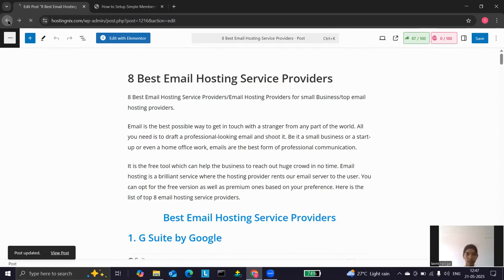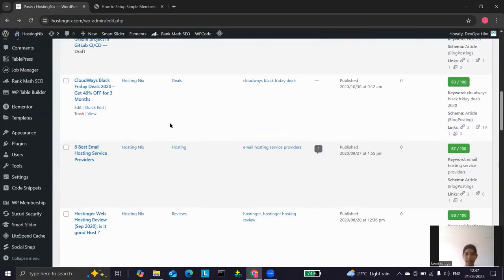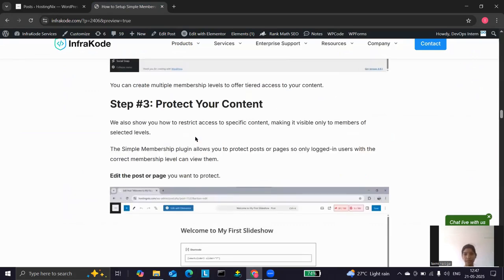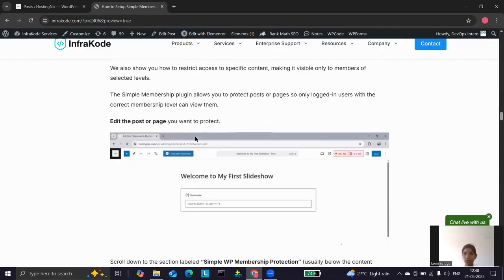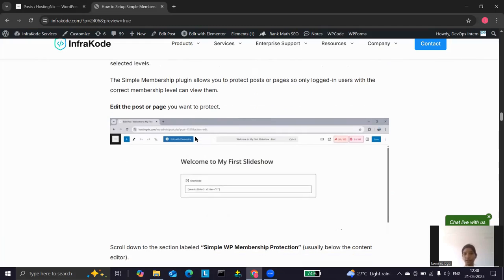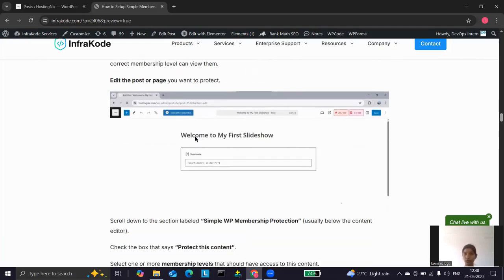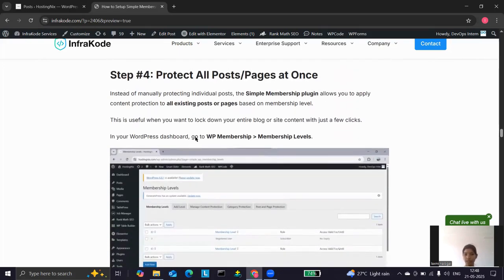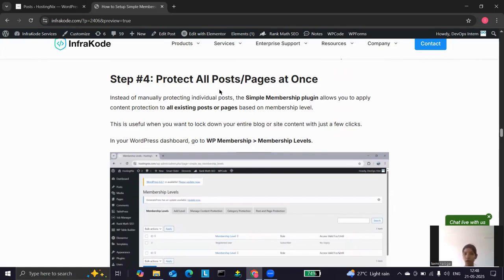Now we will move to the next step. We edited only one page or one post of our site. If your site has multiple or many posts, how can you protect all your content or all posts? In that case, we have the next step, that is protect all posts and pages at once.